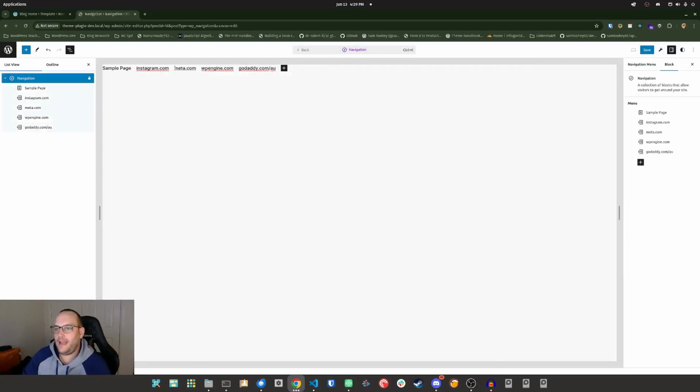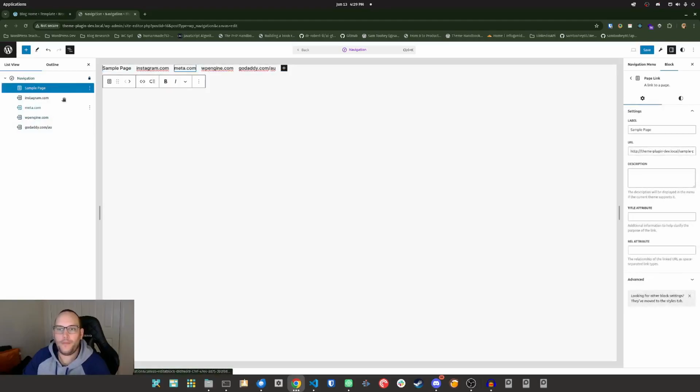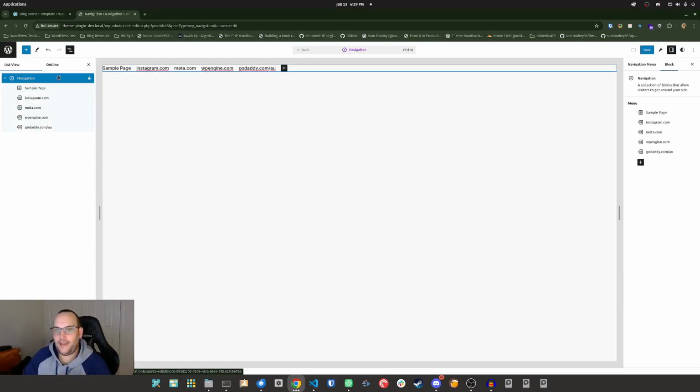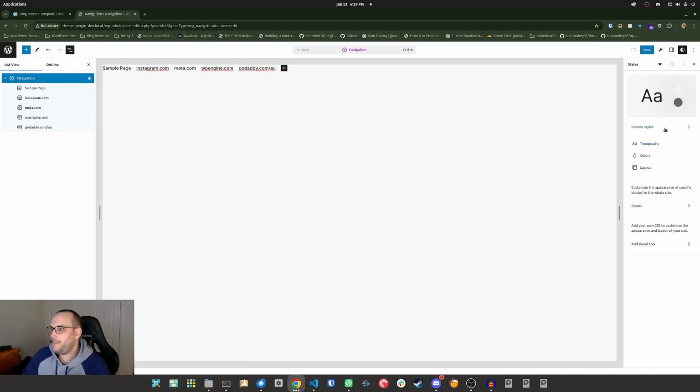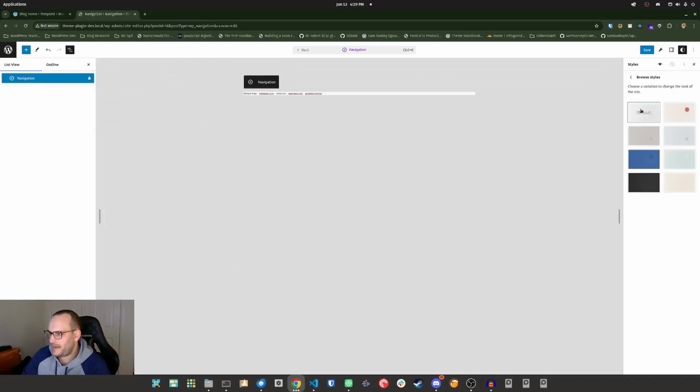So if we look at how we give it patterns and properties, individually you can style the individual links and labels, but it's easier if you want a design that's inherited on the parent element. You can just click navigation as so, which is our parent element, click on our styles button, and we click browse styles, and you can apply some of the master styles here that are part of the global styling, which we'll get to in a minute. If we go back,